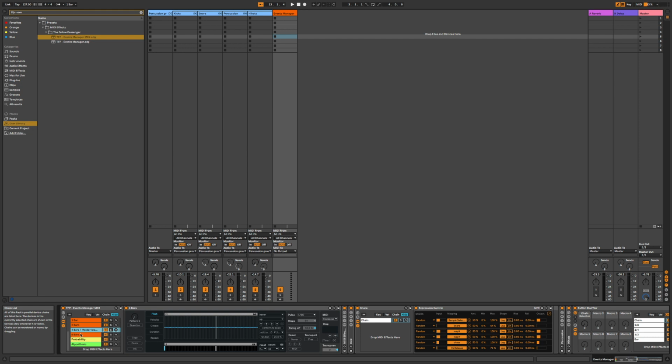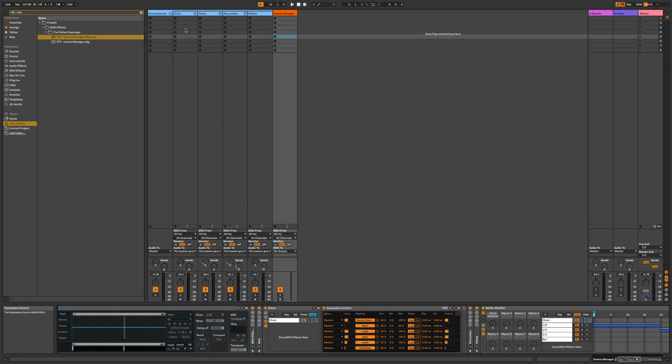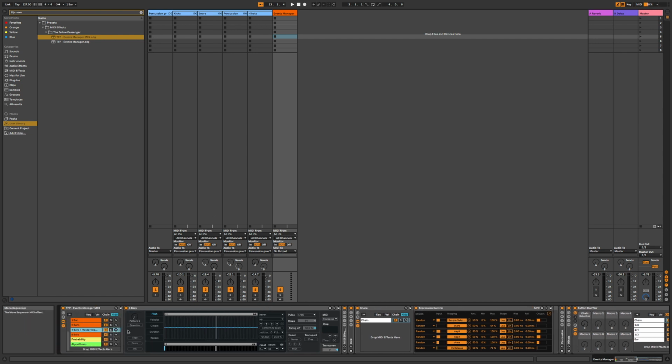But if we look here, every 4 bars it triggers a whole load of changes, which, for example, the kicks, it will pick a new kick sound, pick new snare sounds, percussion sounds, etc. It will also toggle a random selection of effects on and off, and will also generate a completely new rhythm for the kicks and snares and percussion and everything. So every 4 bars, it will just create a whole new bunch of things for you. It takes a little time to set this up, but then you could just produce so much